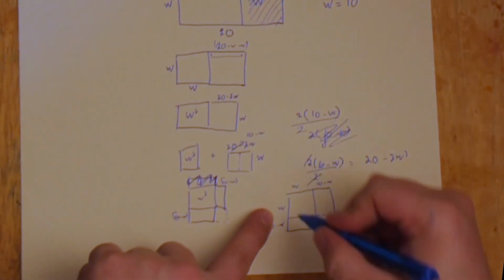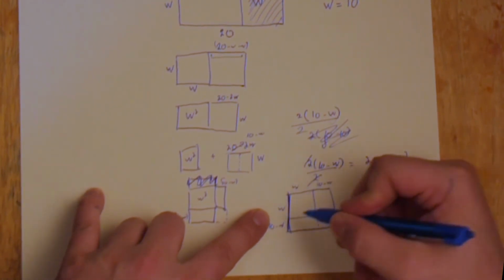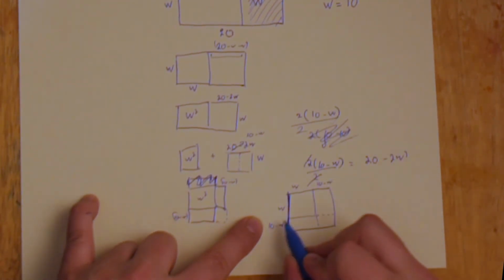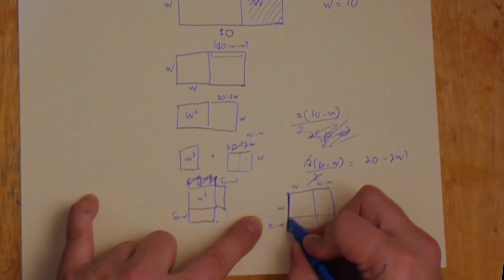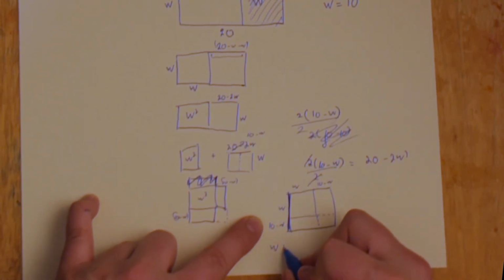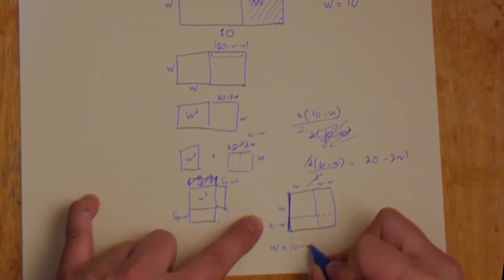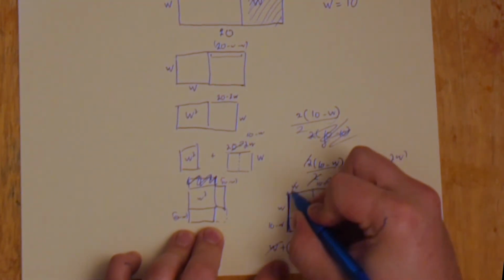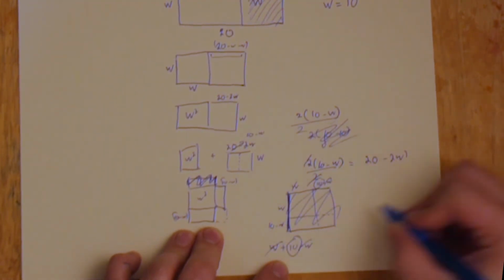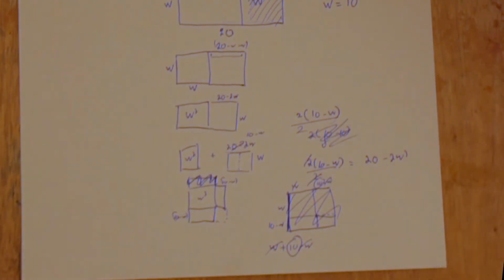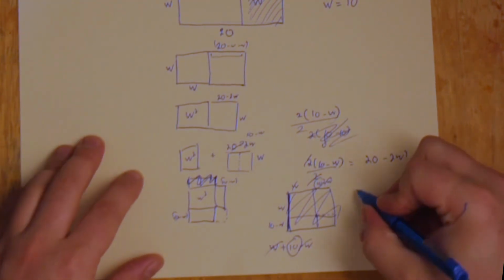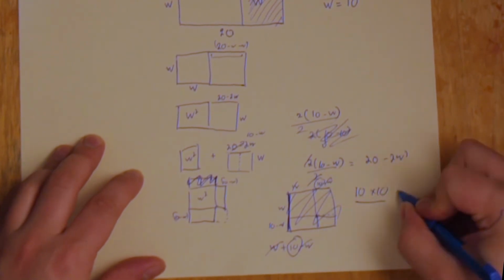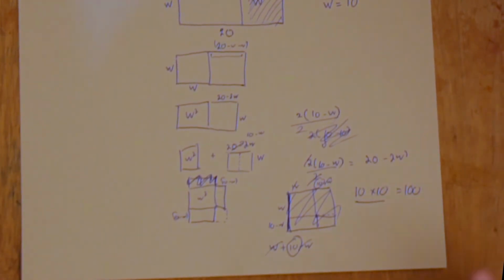What's this side length now, this big one? If we add them together, because we're going this distance and then this distance, we have our W plus our 10 minus W. What does that give us? It gives us 10. Boom, we have 10. What's this area now? It already is a perfect square. We've already completed the square. 10 times 10 equals 100. However,